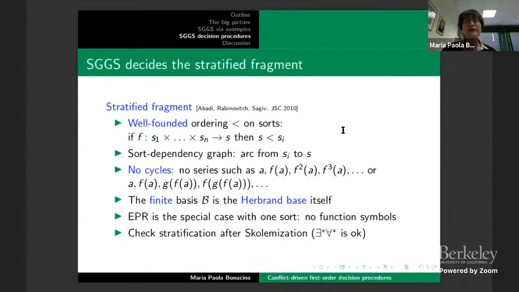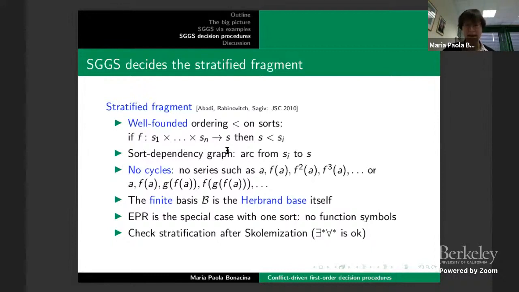Now, SDGS decides EPR. Actually, it decides the generalization of EPR to the stratified fragment. This is a fragment that was proposed by Abadi, Rabinovich, and Sagiv in 2010. One assumes a well-founded ordering on sorts, so that if we have a function from a bunch of sorts, these are the sorts of the arguments, S1 to Sn,